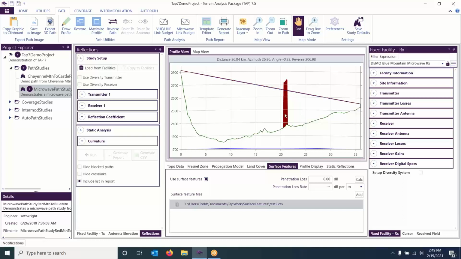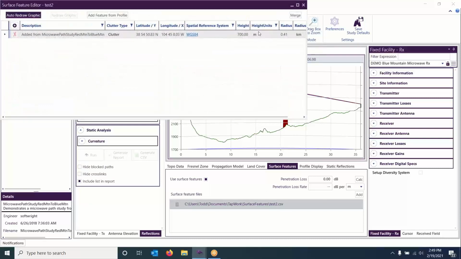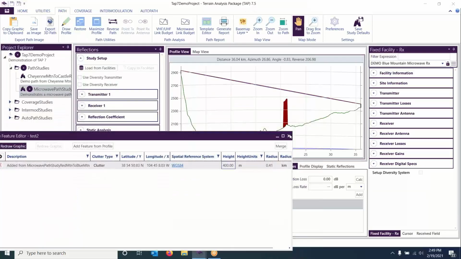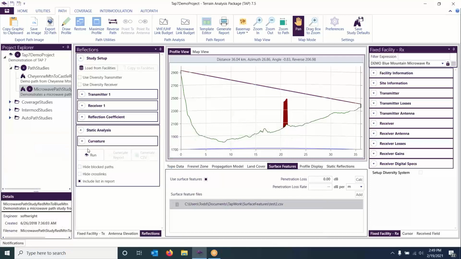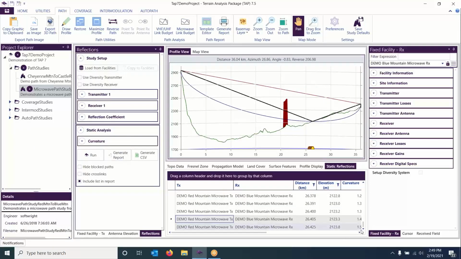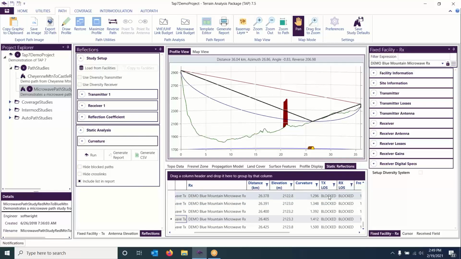So if your line of sight is blocked either by terrain or surface features, the Run button will be inactive. So one or more TX paths are blocked. That'll be the signal that you get. If I go back in here and I make it a little shorter, so it is not blocking. Again, this is not realistic. I'm just using this as an example. And I run, it'll show TX LOS, which is previously clear for all these, is now blocked. So blocked in the output.